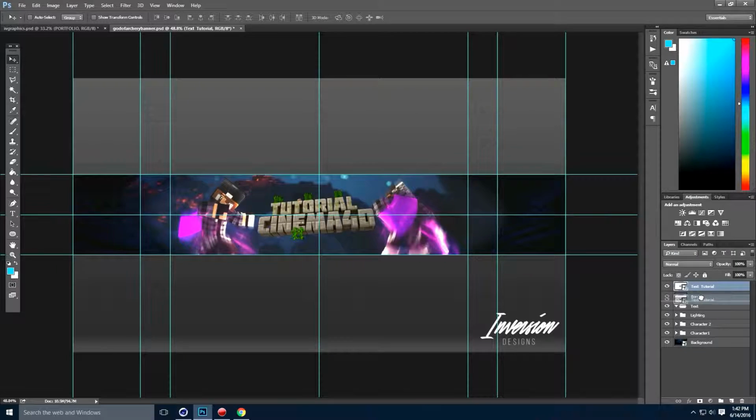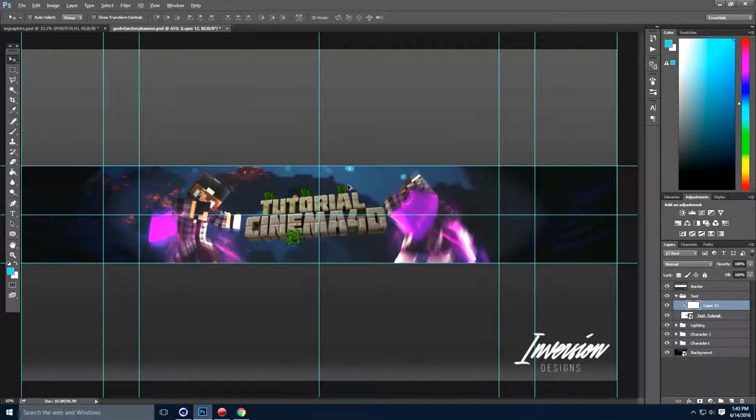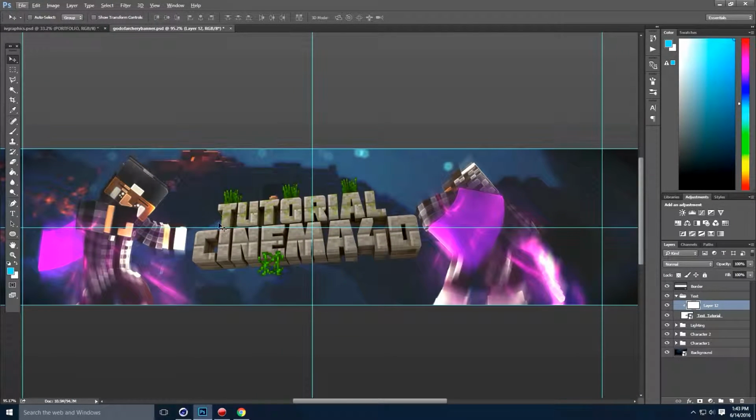So I already have it set up where we're just going to drag it into a text folder because that's where all our things are. Now what we're going to do is make a new layer and mask it to the text tutorial by holding Alt. Now if we just go here, what we're going to do is add lighting around the edges. So what we're going to do is